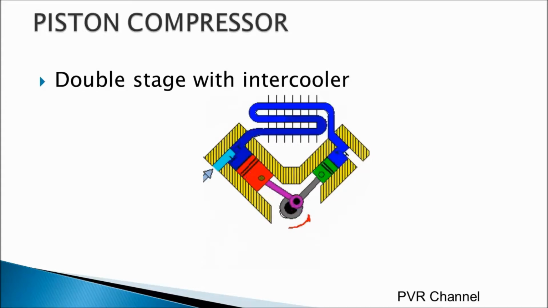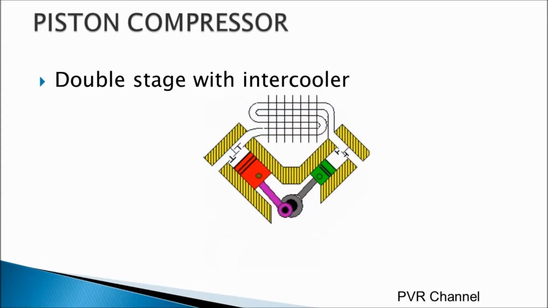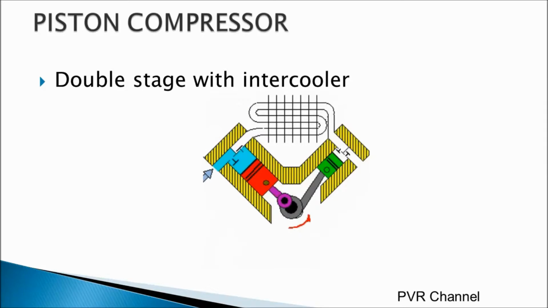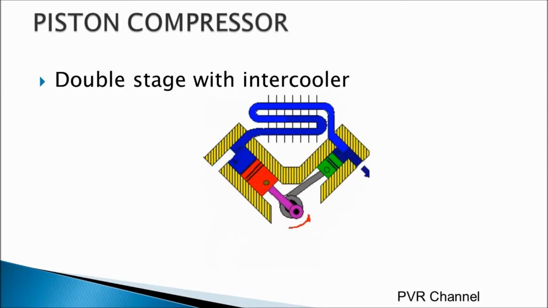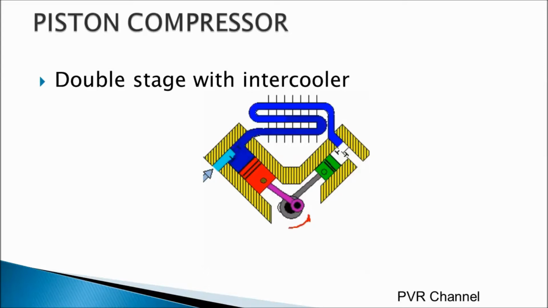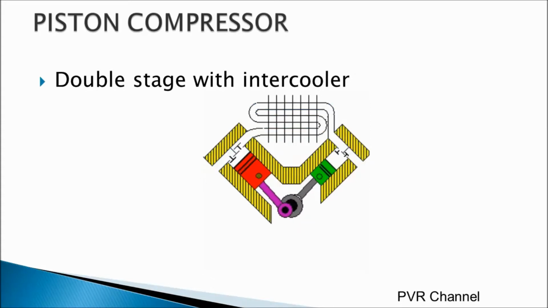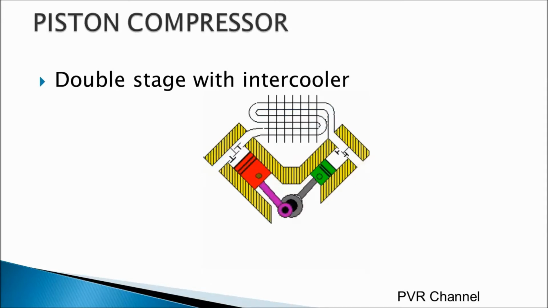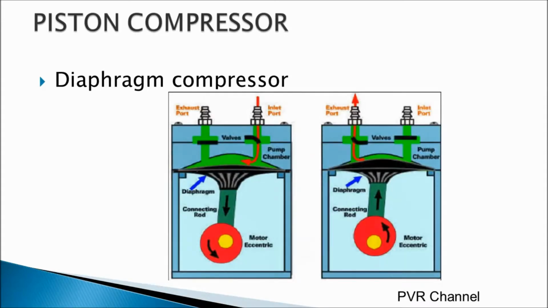Now we can see here that the single crankshaft is connected to the 2 stages. One stage is on the left side and the second stage is on the right side, separated in between by an intercooler. The output of the first stage goes to the intercooler. After further cooling, it goes as the input of the second stage compressor, and the final pressure air goes to the air tank or air receiver.